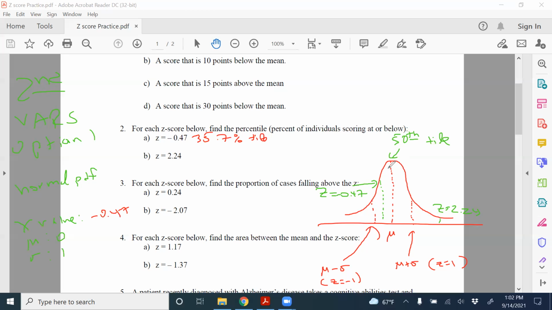And remember we talked about when you're one standard deviation below the mean, this part right here is going to be 34% of the data. So when you're exactly one standard deviation below the mean, or z-score of -1, that's going to be roughly the 16th percentile. In fact, if I do it right now, second vars, option 1, if I do -1,